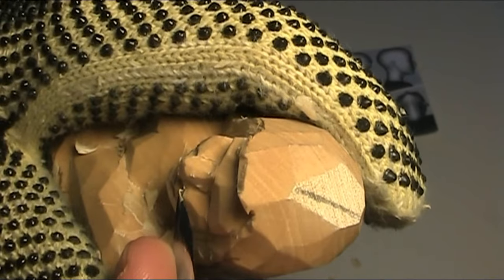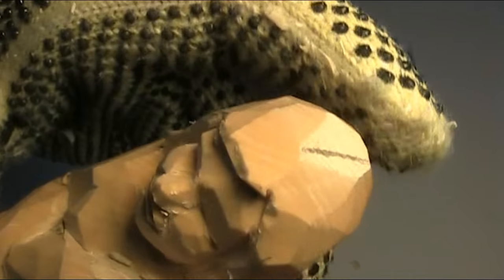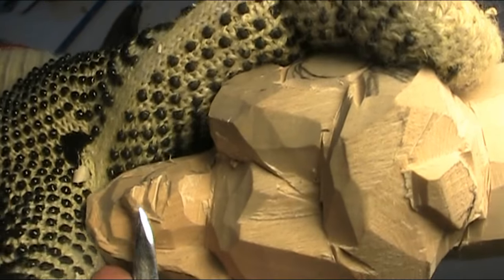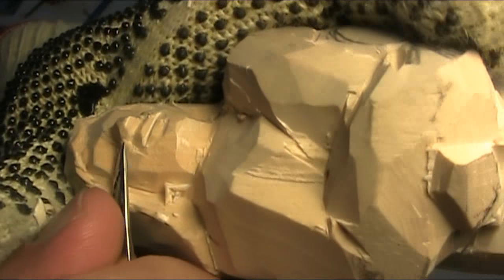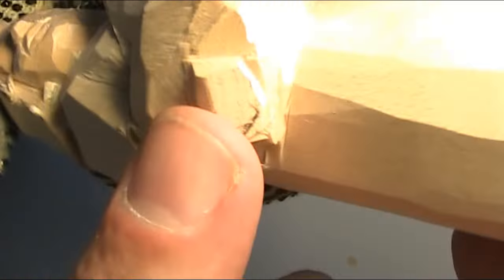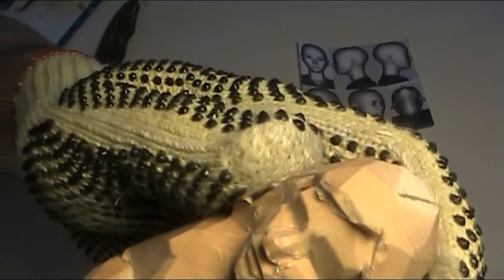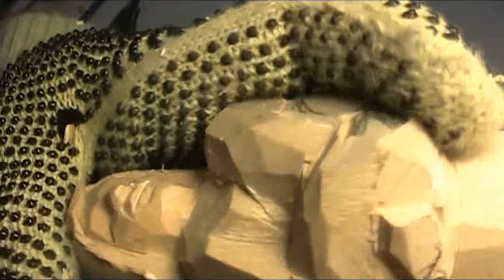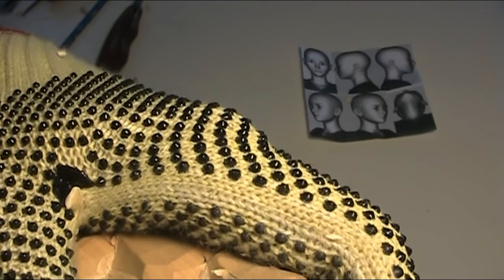And this is going to come up and around a little bit, around this way, and see that smile line is starting to disappear. So again, it's kind of hard to keep control. Still keeping this on the camera so you can see. That's the problem. Oh shoot! I hit my knife on the tripod. That's not good. And then I'm going to